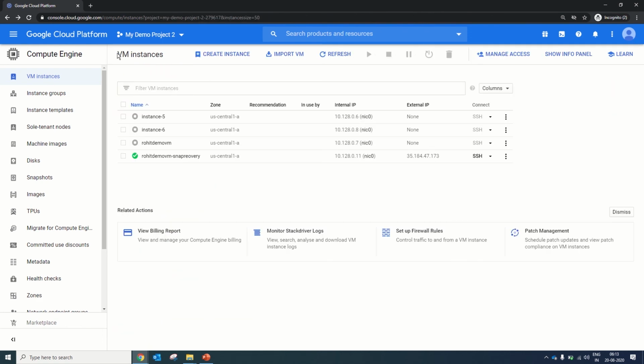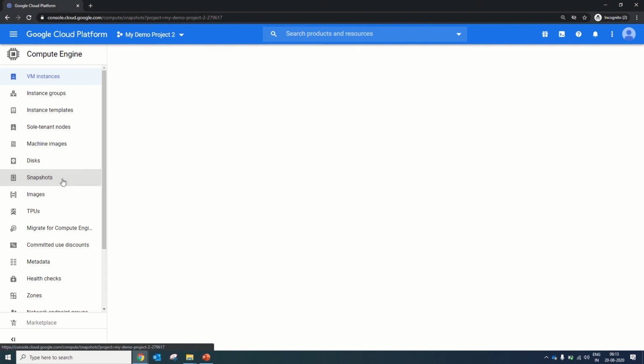Till now we have seen how we can create the full snapshot, how we can take the incremental snapshots, because we have not done anything in incremental snapshot. GCP is automatically deciding whether it's going to take full or incremental, and how we can restore VMs or disks using the snapshots. Now we are left with two things: deletion of a snapshot and schedule of a snapshot.